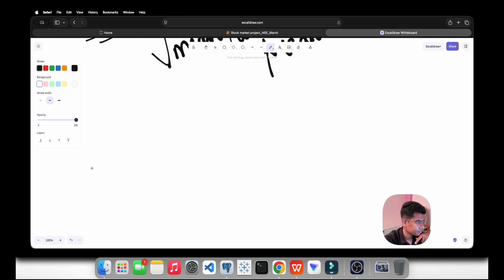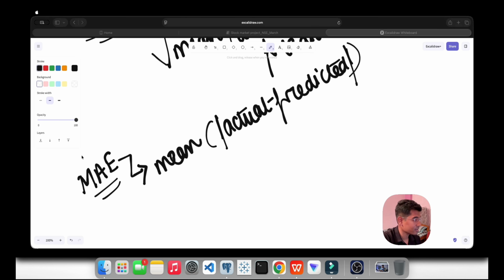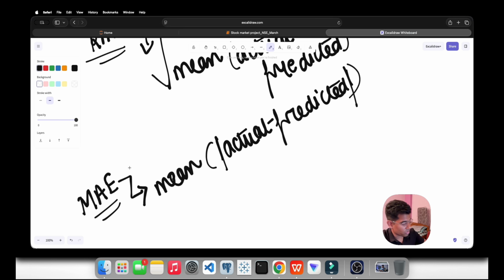Mean of actual minus predicted, and here squaring is not required. We are not doing any square root or squaring. So it is like actual minus predicted, mean is done. So what MAE is doing, it is treating all the errors equally. That's it. Earlier square root was there, here square is not there. That's the thing.